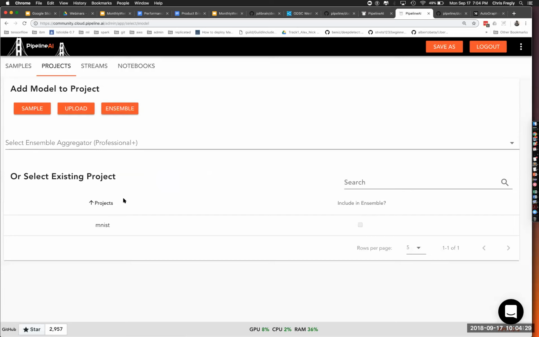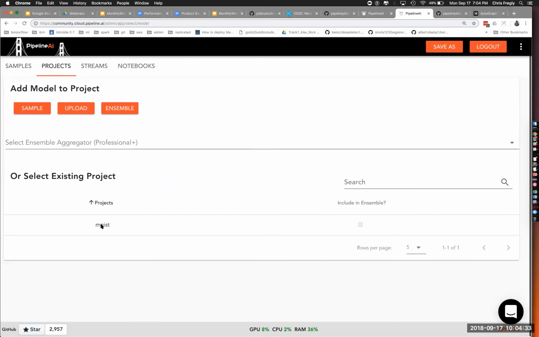So you'll click Ensemble. Normally there's a bunch of projects here, but you would have MNIST A, MNIST B, MNIST C, and as long as they are compatible on the inputs, you can have extra fields, just as long as these models can deal with more data, less data.